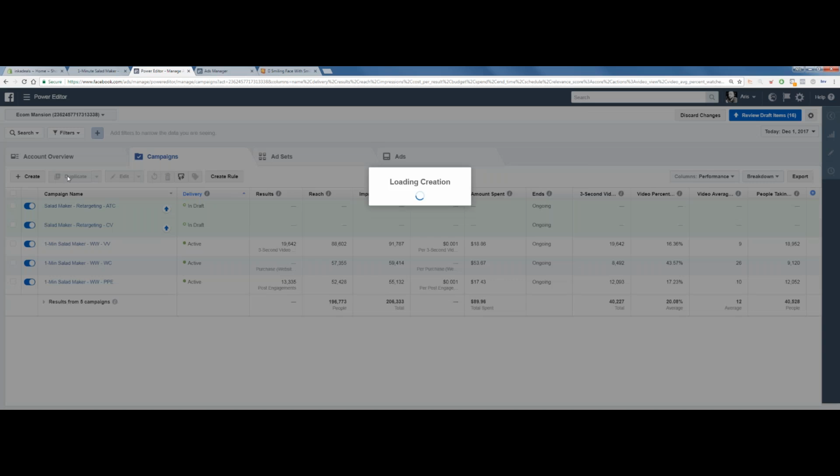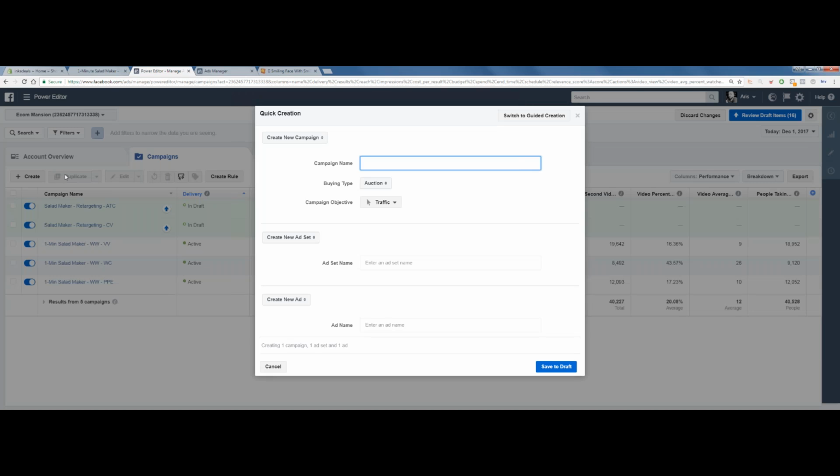So we're going to create a new campaign. It's going to be called the Salad Maker. And it will be the ATC Add to Cart LLA campaign.